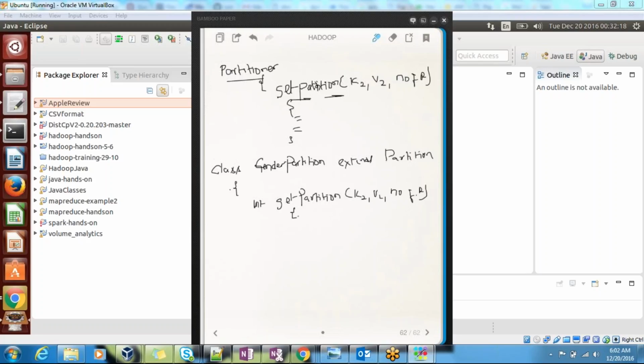Okay, in this, what you will do: first, key2 is a different type, right? We need to convert it into text type. String s equal to, it is a different type, we need to convert it into string type: k2.toString(). Are you guys able to follow? Sulba, are you there? Sulba, Sunil.